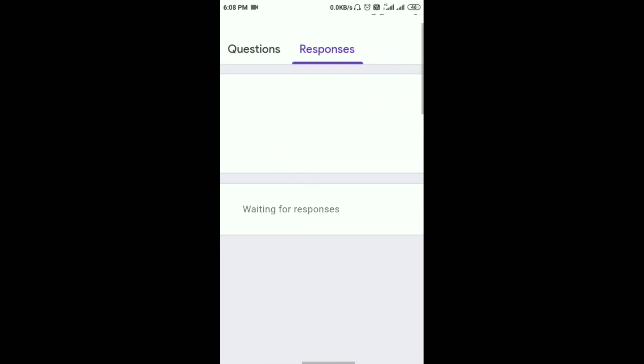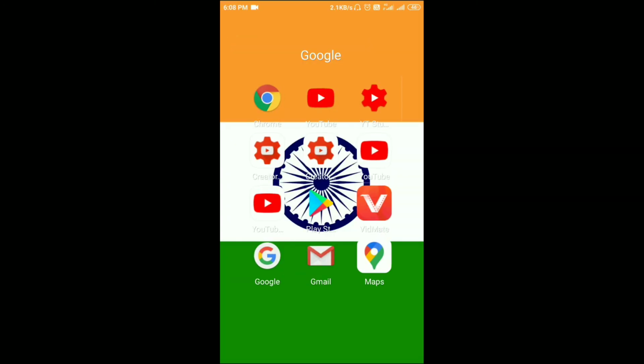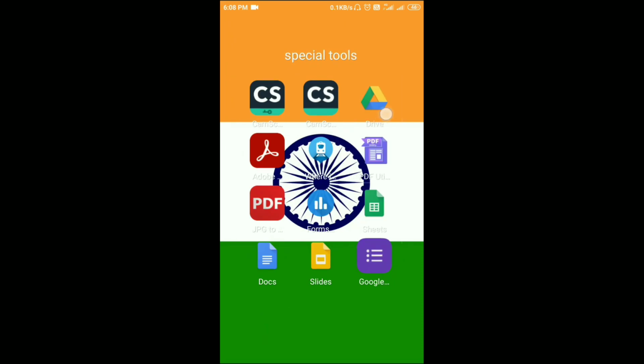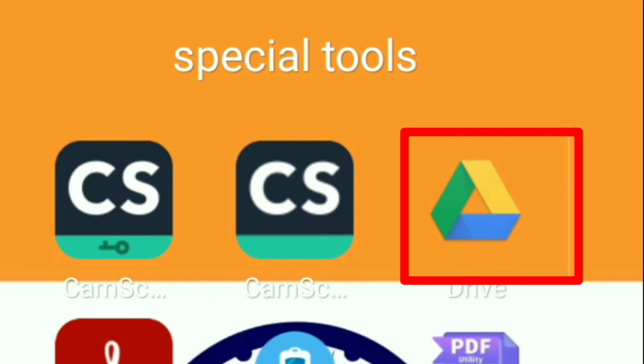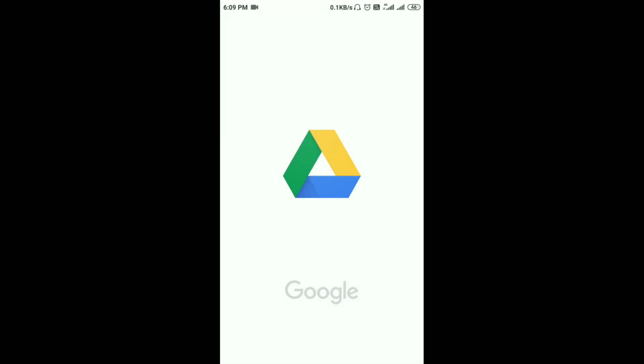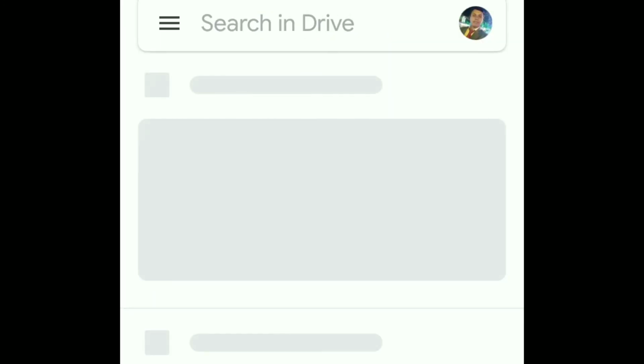If you want to get this question and response from any other place, you must go to Google Drive. Friends, this is Google Drive. You must press the Google Drive button and go. Here in the top left side, there are 3 lines.